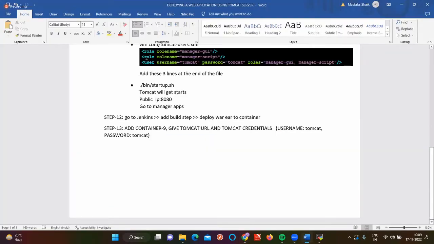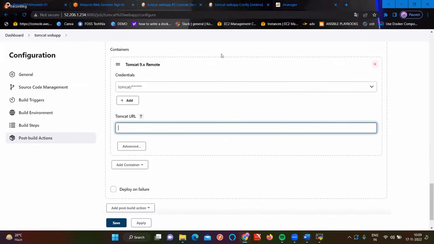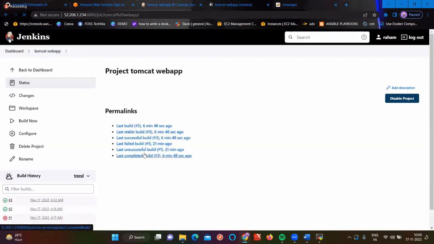You like this. Paste it over here. Is it fine now? Click on save and see what will happen now. If you click on build,